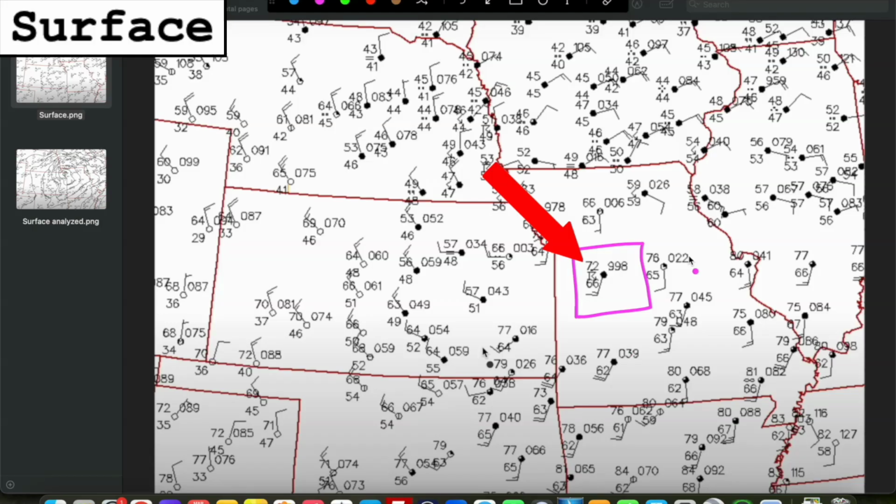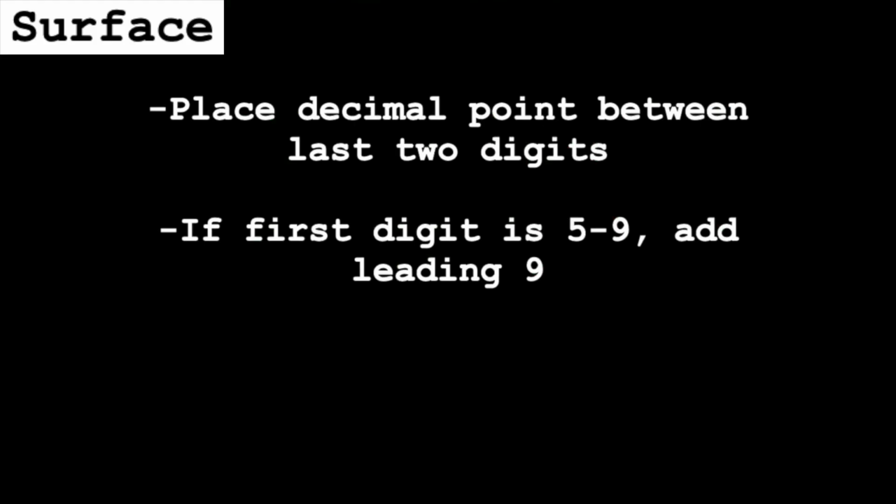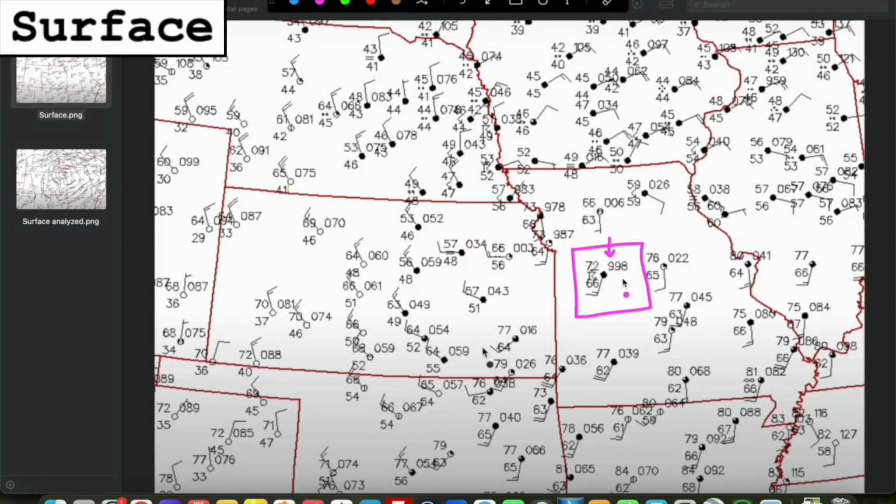The number at the top left is surface temperature at the time of observation. The number at the bottom left is surface dew point. The number at the top right is surface pressure at the station. Now, this is given in code. If the first digit is between 5 and 9, then we put a 9 in front of this value. So this pressure here at this station would be